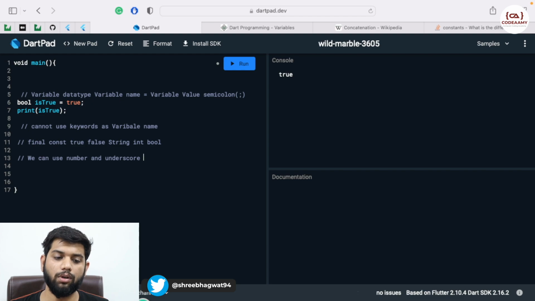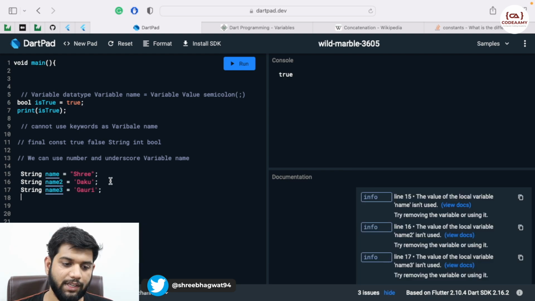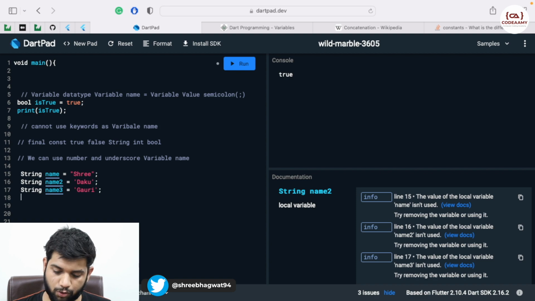Okay, we can use numbers and underscore for variable name. For example, name1 is equal to Shri. See, like this we can create a variable with a number. We can also add underscore.